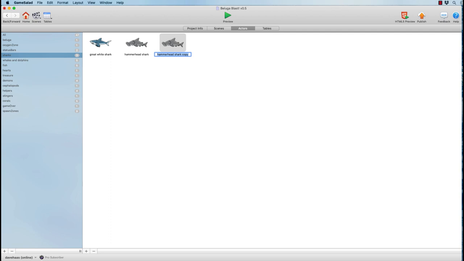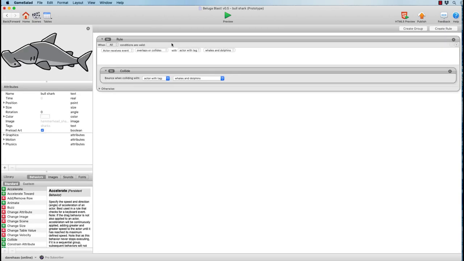And that concept is inheritance, the inheritance of the data or the attributes that made the hammerhead shark unique get passed on from this prototype, the hammerhead shark, and are inherited by this hammerhead shark copy. Now what we're going to do is we're going to change this copy of a hammerhead shark into a bull shark. So we give it a new name. But we need to do more than just that, right?